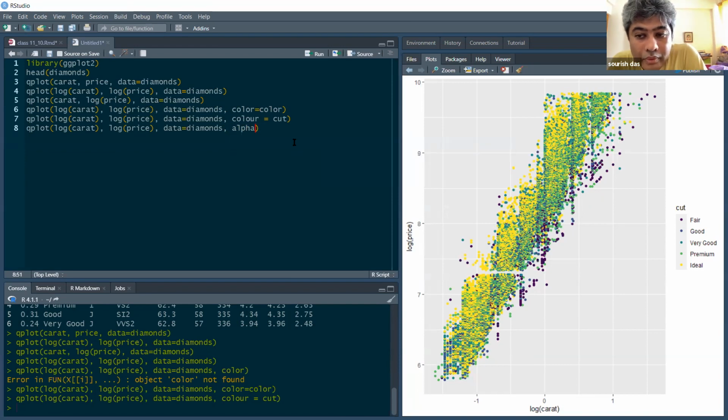Can we assign colors of our choice, like for fair, yellow? I think we can. There are ways to do it. I'll tell you guys later. I have to just figure it out. I have done that before, but I can't remember right off the bat.